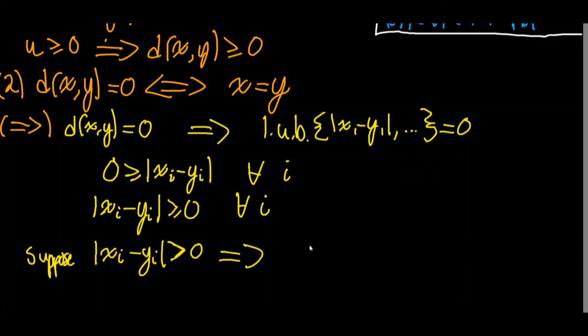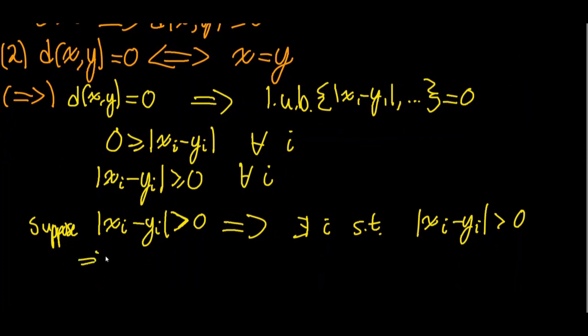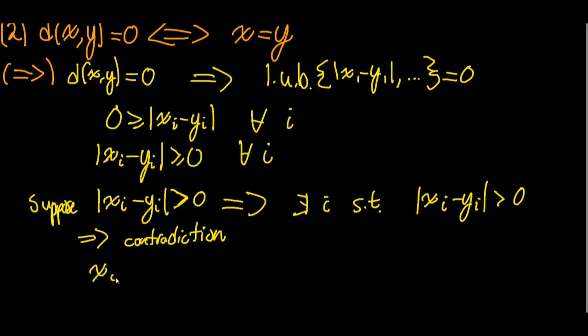Well, that implies that there exists an i such that |xi - yi| is strictly greater than 0. But remember, 0 is our upper bound. So 0 must be greater than or equal to all elements in this set. But if I were to suppose that |xi - yi| is strictly greater than 0, then I've just found an element that is greater than the upper bound. That's impossible. This implies a contradiction. Therefore, we can't have an element that is strictly greater than 0 in this set. Therefore, all elements |xi - yi|